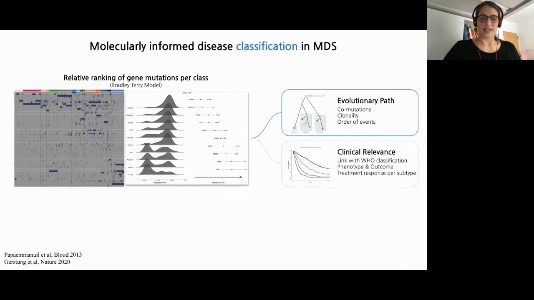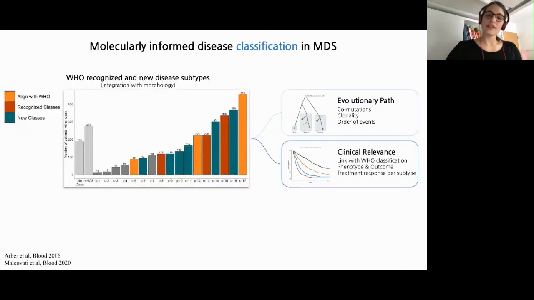across the molecular classes. And then to investigate the clinical relevance of the classes, the first question is what is already recognized and what is new. And this bar plot simply shows the number of classes that we identify. So provisionally, we have 17 molecularly defined classes. We have 5% of patients that do not have any detectable driver alterations, and then 8% or so that are not positioned within a molecular subtype.